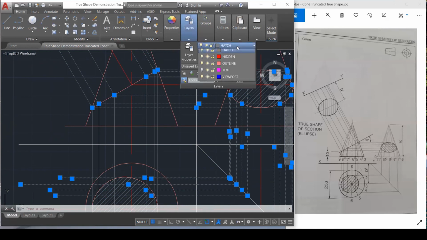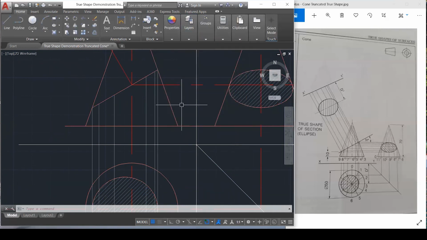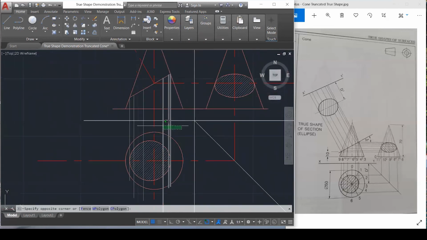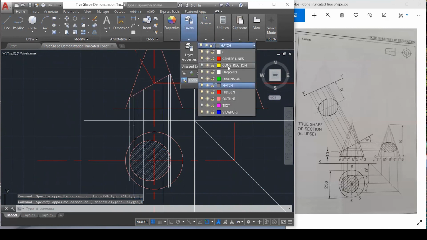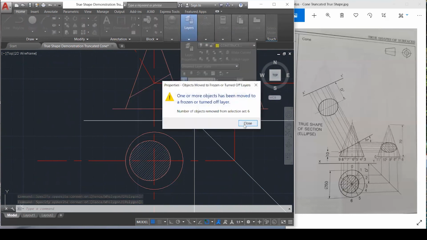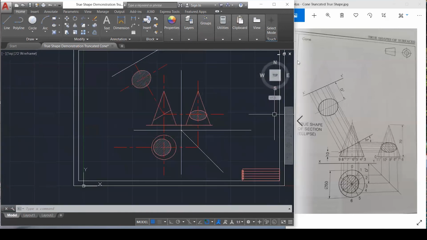So I'm going to do that and put them into the construction layer. Yeah, I know, the construction layer is closed. Okay, I missed out these, just selecting. I'm just going to transfer these into construction. That noise just tells me that I'm trying to send things over into a layer that's turned off. So this is the final solution, where we've gotten all three views: the plan, the front elevation, side elevation,